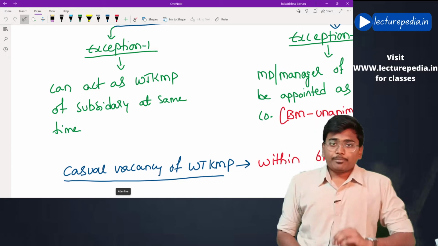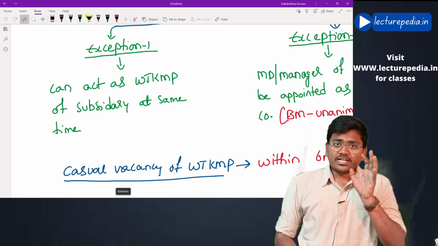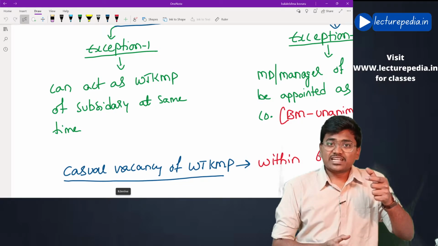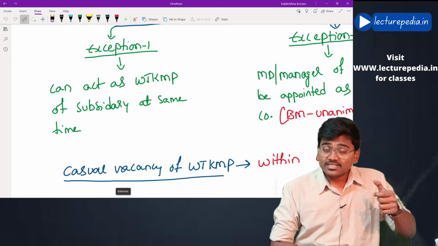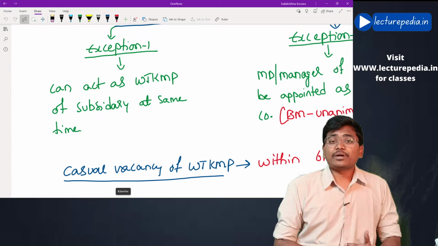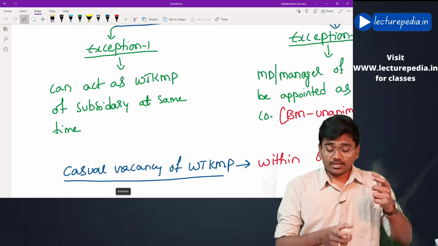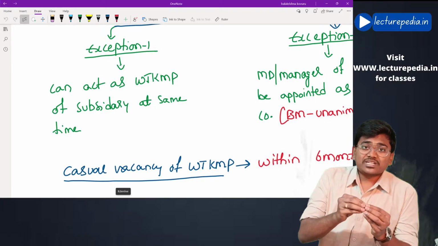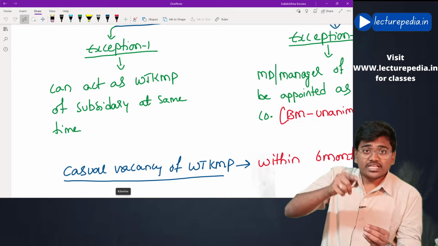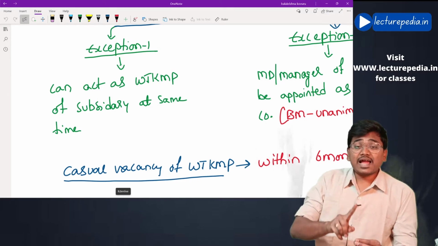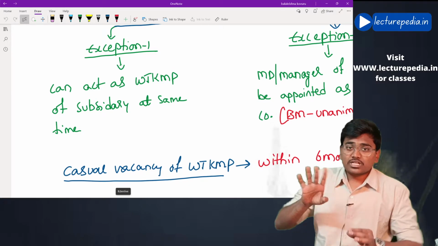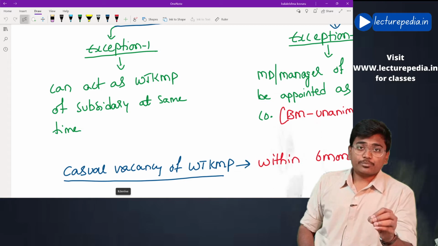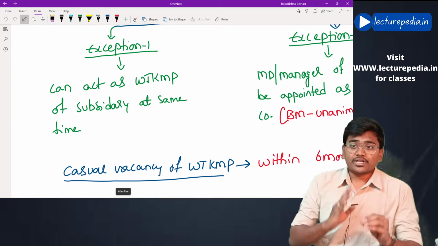See, the person is whole-time key managerial personnel of A Limited. Now, the subsidiary of A Limited is B Limited. In this B Limited, the person can act as whole-time key managerial personnel because B Limited is a subsidiary of A Limited. The general rule is that a person can act as whole-time key managerial personnel only in one company, but in the exceptions he can act in more than one company. Of that, the first exception is a person can act as whole-time key managerial personnel of a subsidiary company, and the second exception is